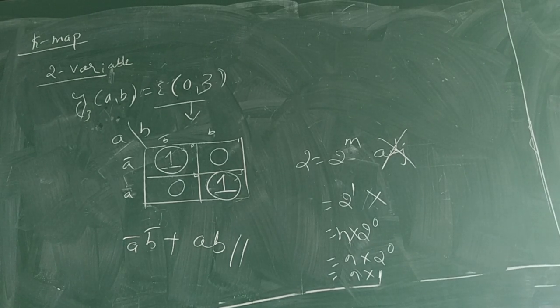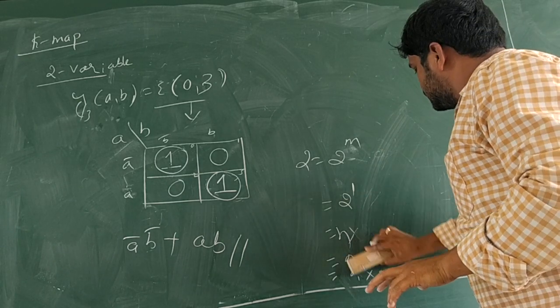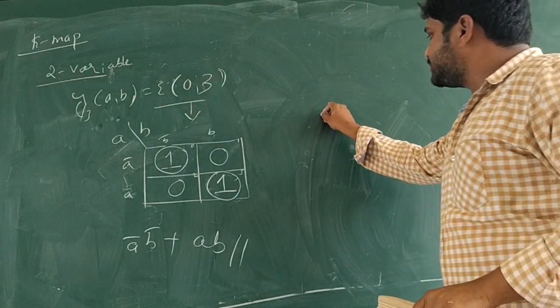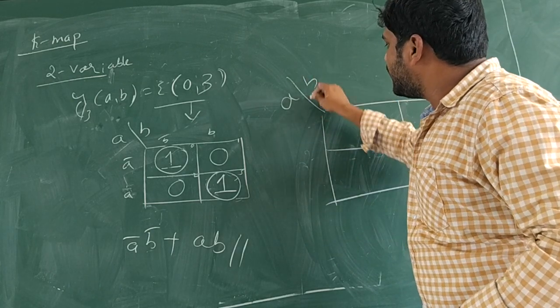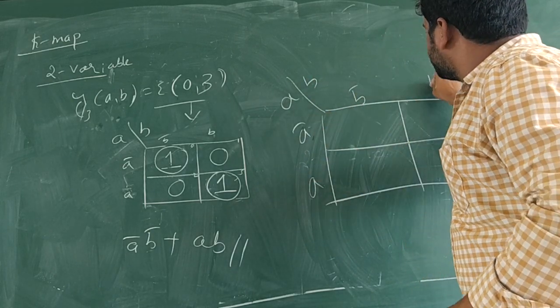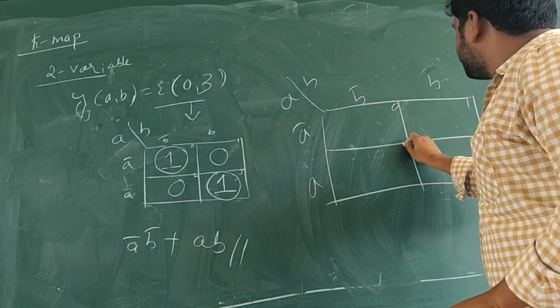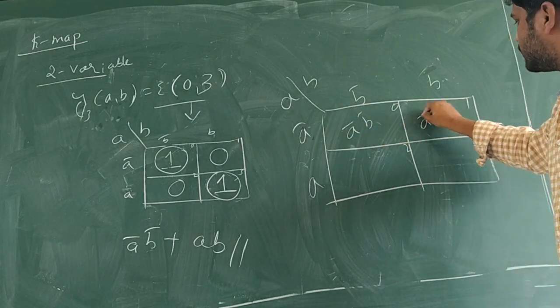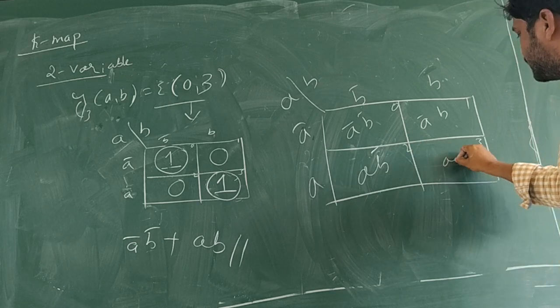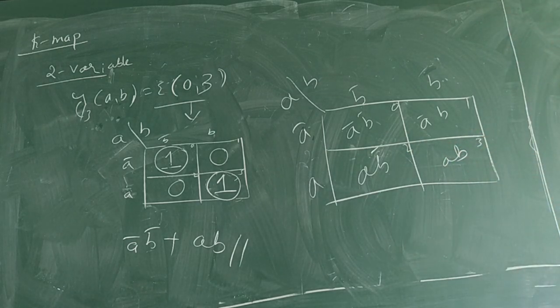Okay, here the concept is, I will take the layout which we have studied previously and I will try to explain where covers are possible and where not possible. So by that I will finish the 2 variable function. See here, A bar B bar, A bar B, A B bar and A B. Please concentrate. The covers are possible where the function's representation has exactly one difference.